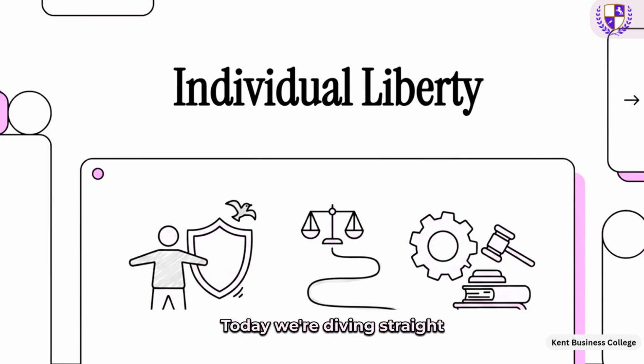Today, we're diving straight into a brilliant and highly relevant part of your professional development. We are unpacking Module 3 of our British Values series, and specifically, we're focusing on individual liberty in professional practice. Whether you're an apprentice just starting out or a more experienced workplace learner looking to brush up on your skills, figuring out exactly where your personal freedom ends and your professional duties begin can sometimes feel a bit tricky, right? Well, today, we're going to make it crystal clear.